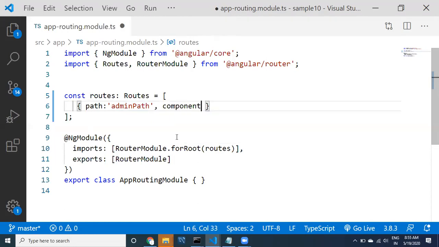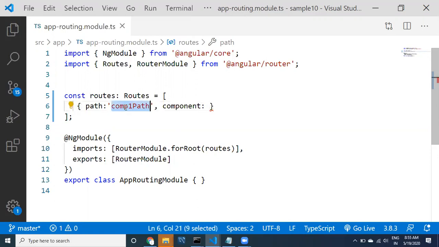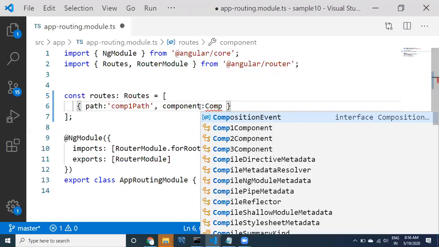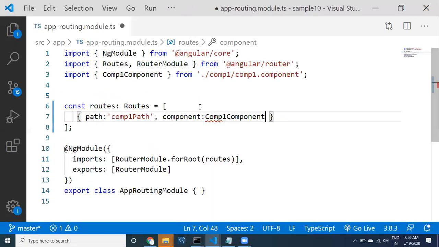And then which component you need to call? Instead of admin path, comp1 path, because component names are something like this. Let us take in this example comp1 path. So what is a component? I need to provide component. Which component? Component1.